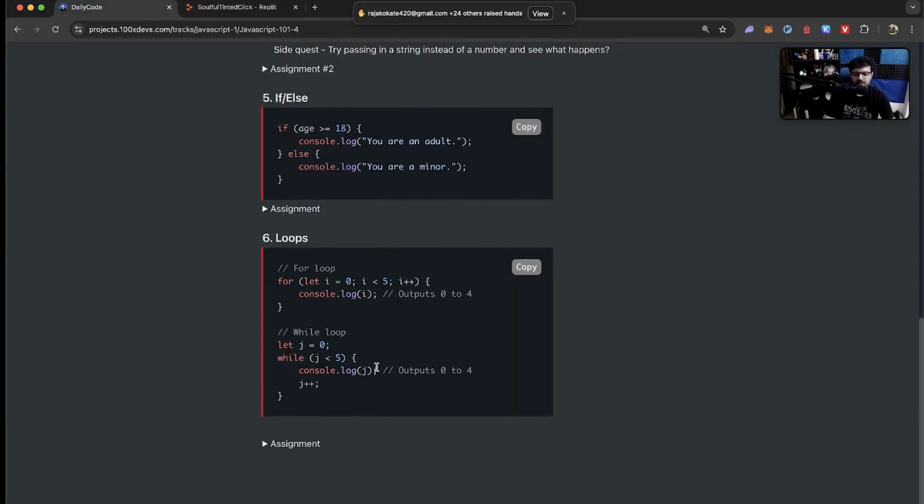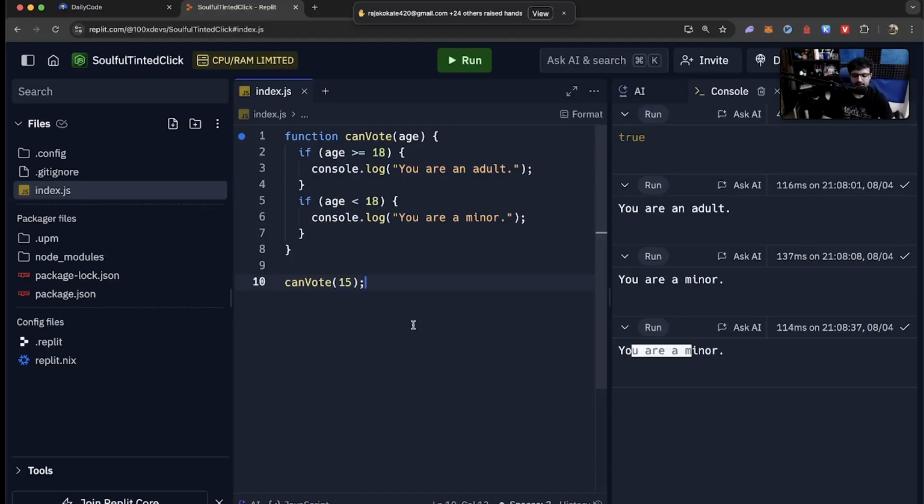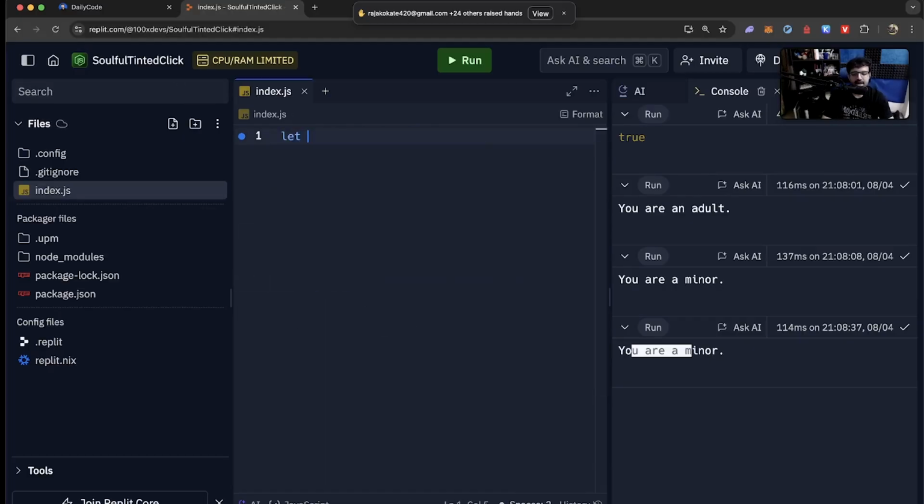Lastly, loops, which are again a language agnostic concept, exist in every language out there. What do loops let you do? Loops let you run a certain logic again and again and again. Just like a while back I showed you, you can define an array like this. Let users equal to Harkirat, Raman, Diljit.